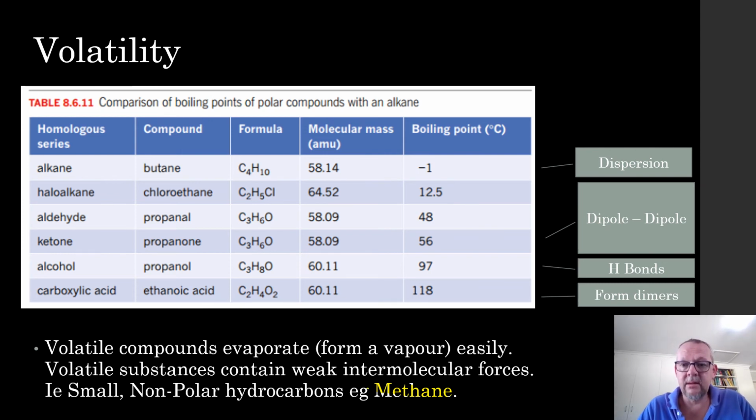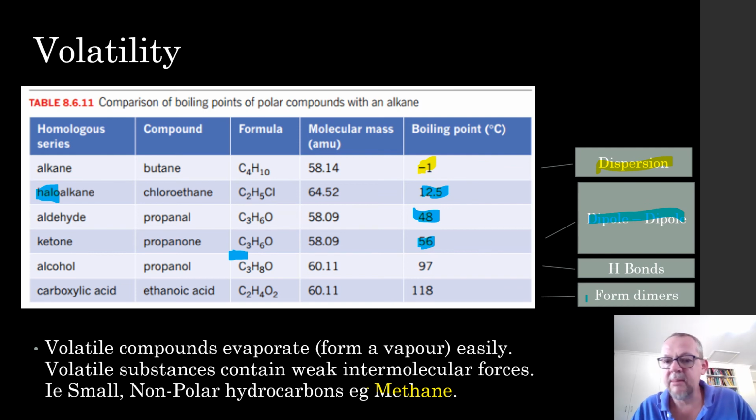And that's, as we noted, due to the intermolecular forces. So the alkanes have what? Only dispersion forces acting on them. Now, if a haloalkane, you're going to form a polar molecule, aren't you? So if you put a halogen in there, or a chloro or a fluoro, etc., you're going to be able to make a dipole-dipole bond. And so that's going to decrease the volatility. It's going to make it less likely to evaporate, and that's due to those dipole bonds.